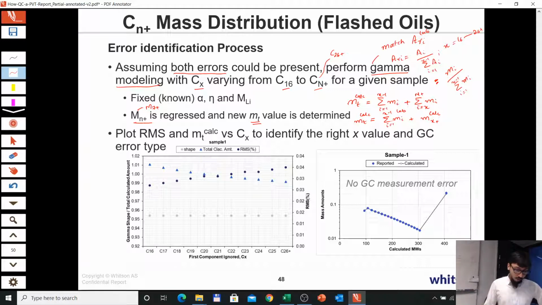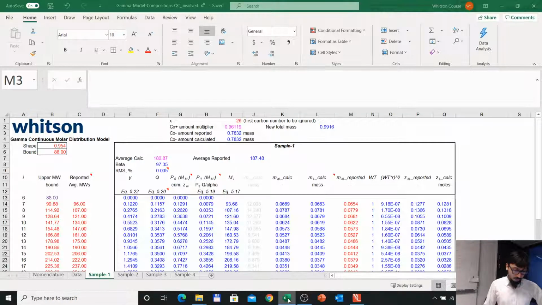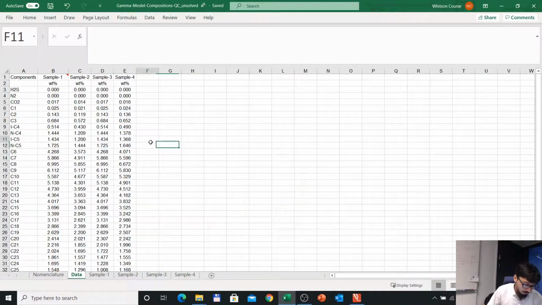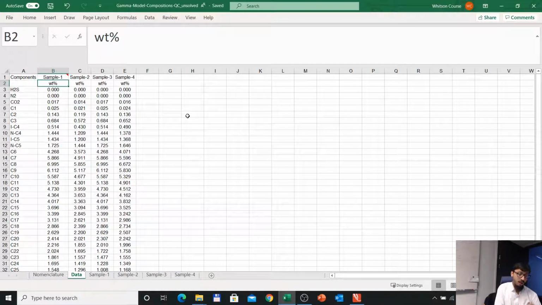Okay, so now before we discuss further in this presentation, we can jump to the Excel sheet that we have, which we will be using for this exercise, for this topic. And this is the Excel sheet, like gamma model compositions QC. We go to the data sheet. Okay, so here we have four samples, sample 1, 2, 3, and 4. We have components, and then we have mass percentages, and